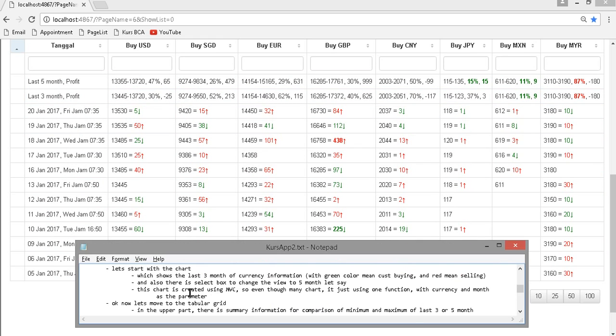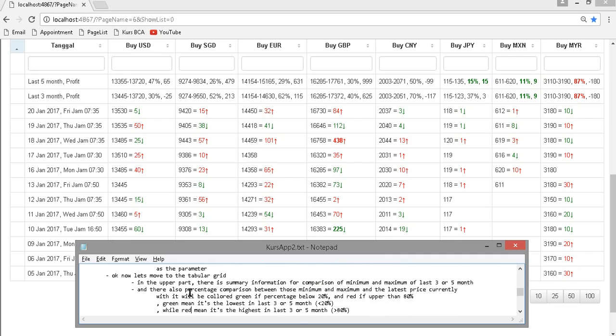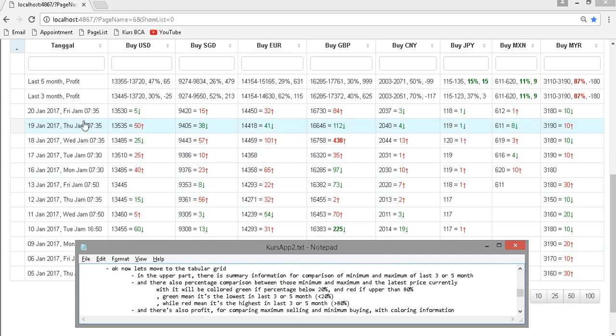In the upper part there is summary information comparing the minimum and maximum of the last 3 months. Let's say the minimum of buying is 13,044,445, and the maximum is 13,720. So you can see the movement.